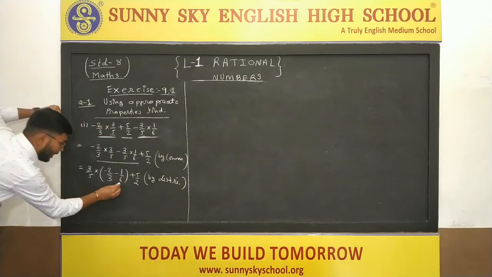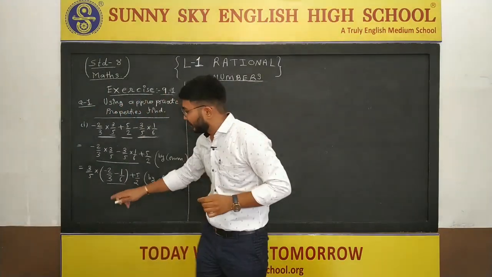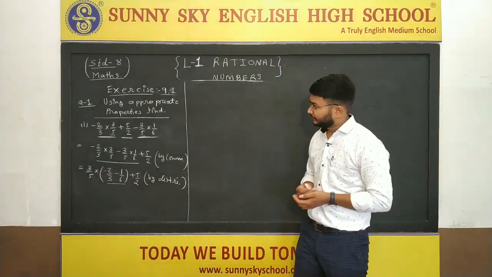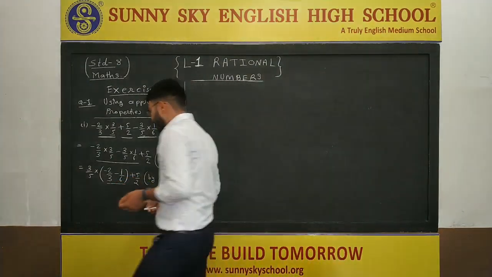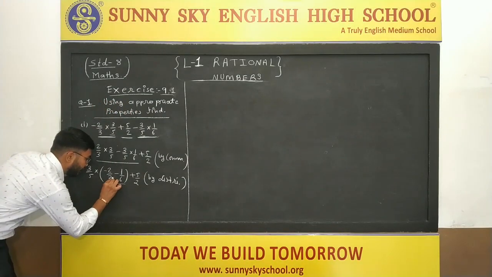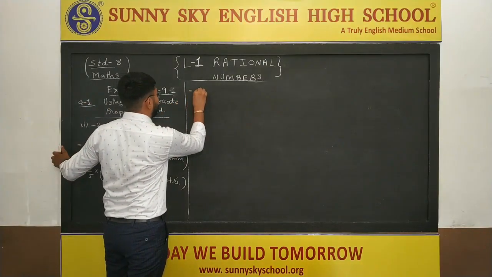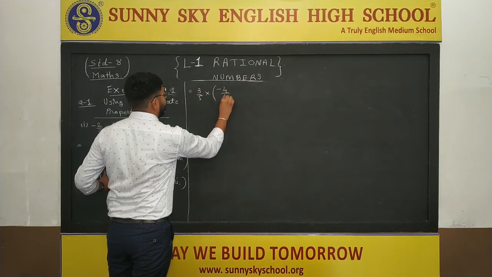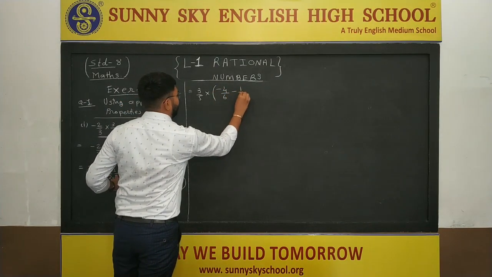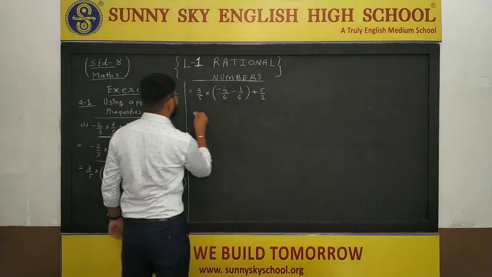Okay, now see, we have to solve this bracket. For solving this bracket, we have to take the LCM. LCM of 3 and 6 we have to take. Here we know that the LCM of 3 and 6 is 6. It means here in the denominator 3 is there, so we have to multiply by 2 here and here also by 2. Therefore, we are getting 3 by 5 multiplied by, in bracket, 2 2s are 4 divided by 6 minus 1 by 6. And the last term plus 5 by 2 as it is.